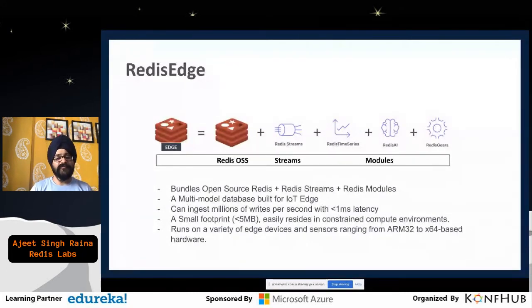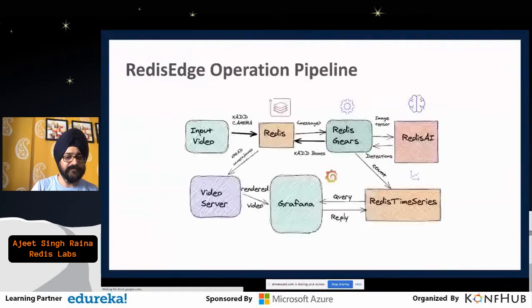And especially, let's not forget about millions of writes per second, as well as the latency, because Redis claims less than 1 millisecond of latency, which matters a lot when we talk about any kind of database.